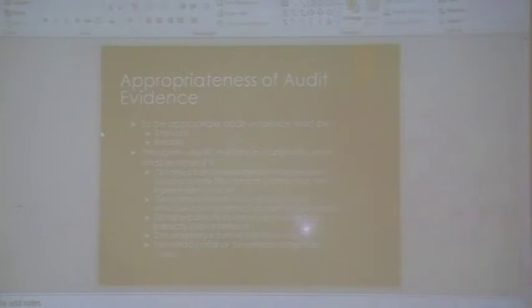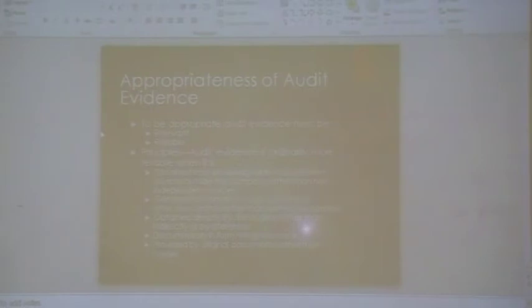Then reliability of certain types of audit evidence. Physical inventory observation. If you're doing the audit of a big client who's got big warehouses, and you're coming from one of the big four, you actually send a team out when the inventory count is being done, and you watch how they do that inventory count. A small business practice wouldn't be able to do that, but a KPMG, Ernst & Young, all of them, would have a set team go out and watch the inventory check being done at the time.